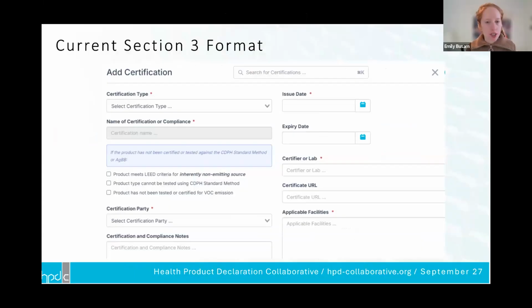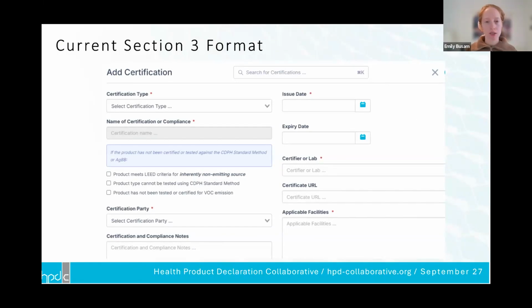So as Wendy shared, I'm going to be providing an update on the work we've been doing for over a year now on adding and researching different social equity certifications to Section 3 of an HPD. And what we realized from this research is that it's not really only certifications that are included in the list I'll be sharing.